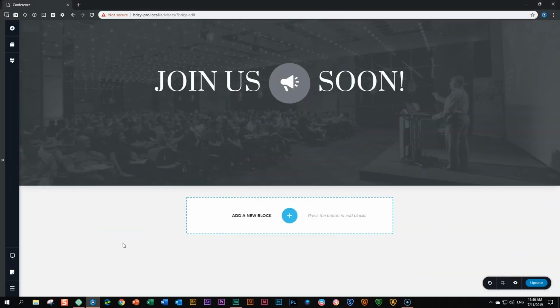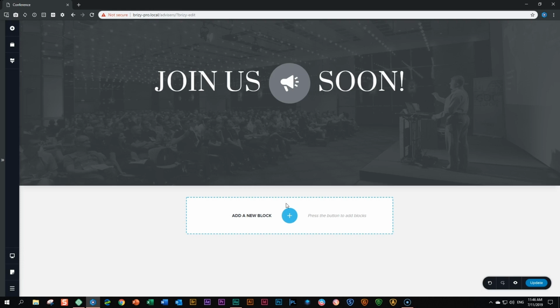The countdown element within both the free and pro version of Brizy is a great way to display a countdown on your site to a specific event. For example, it's often used on coming soon and maintenance pages on websites to say when the site will return. Also used in conferences, concerts, and other kinds of exhibitions, and also very popular for weddings to announce the big